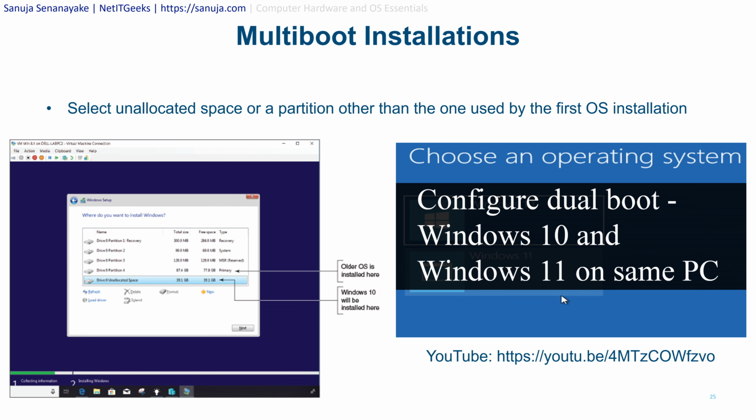So basically what you need to do is that during the second installation process, you need to pick the space on your hard drive that is not allocated for your primary operating system,